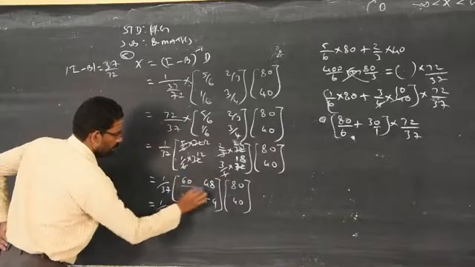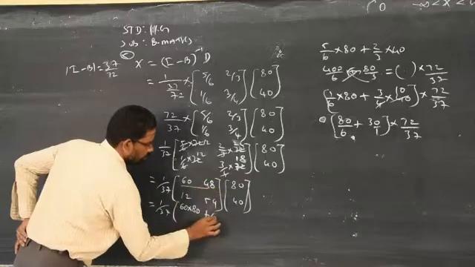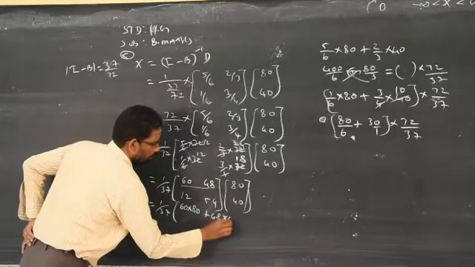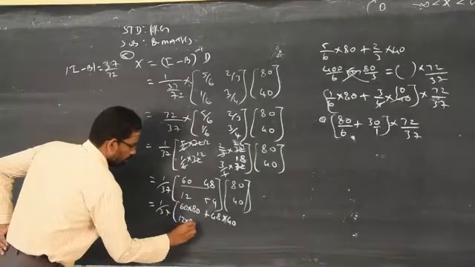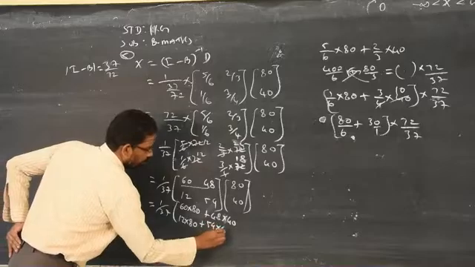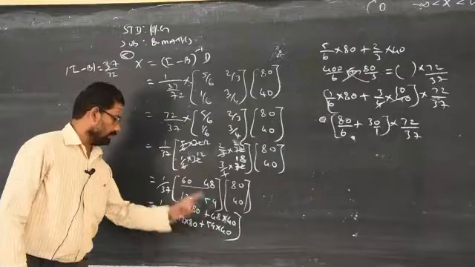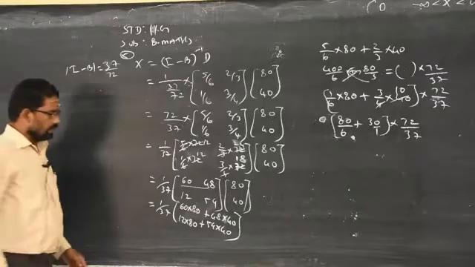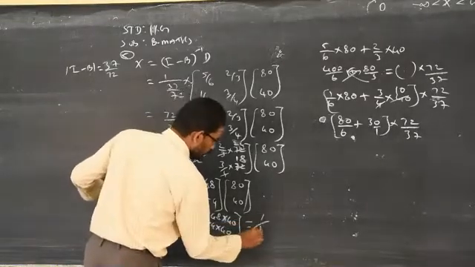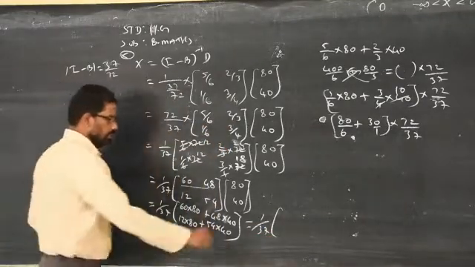So just multiply the first row with the first column: 60 into 80 plus 48 into 40. Similarly, take the second row: 12 into 80 plus 54 into 40. First row, first column; second row, second column. Now just add, and the final answer will be like this: 6720, because I don't have a calculator, so I am writing the final answer 6720,